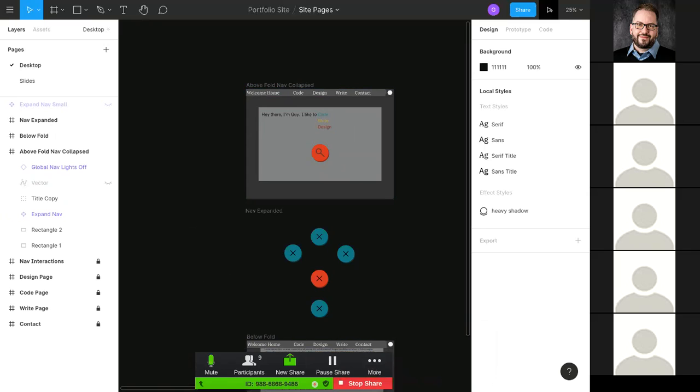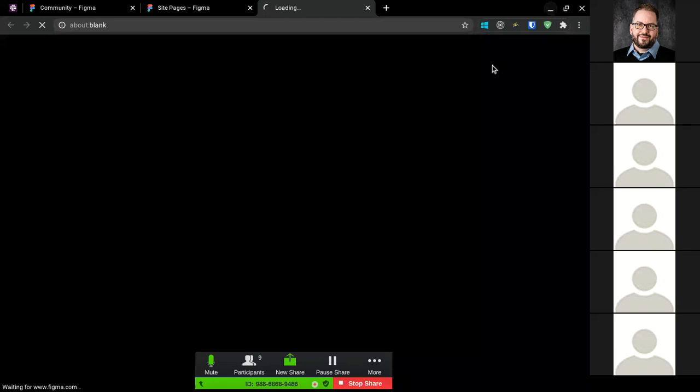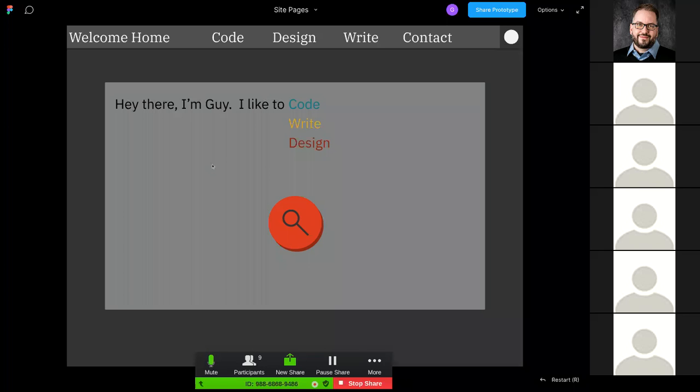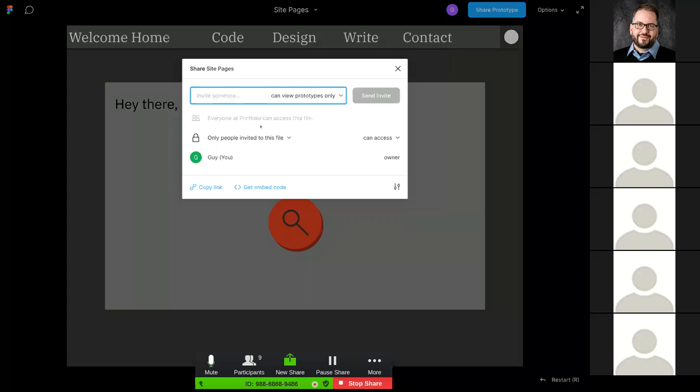I'll show you something else. So here's another one of the things that's cool. I had the other little presentation. This is really for prototyping, and you can share a prototype. I can grab this and I could say you can view the prototype, and I can copy a link. I think you have to have